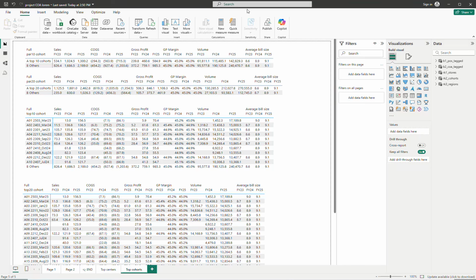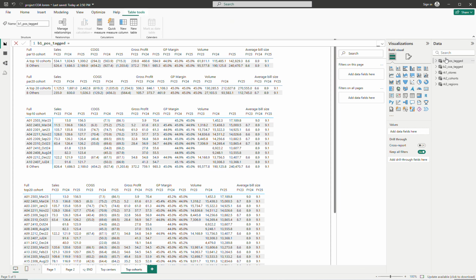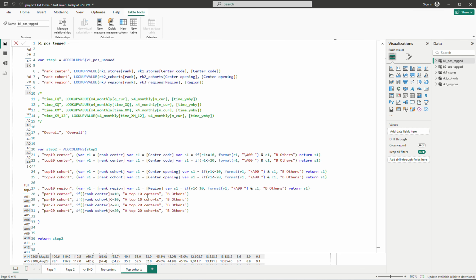We will do the nested tagging exercise in this case. So we will break it down in each region, and for each region, we show the top performers as well. And then maybe in the top performers, we show the top performers. So for example, in each top region, we show the top cohort, or in each region, we show the top centers. Okay, so we do the same thing going here, and then we need more tagging columns, and then